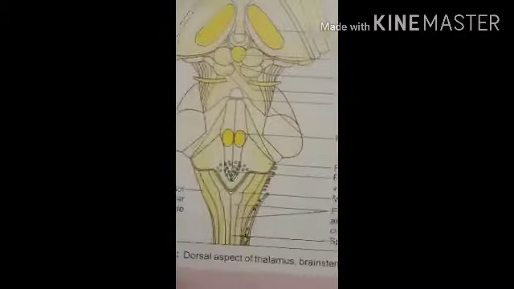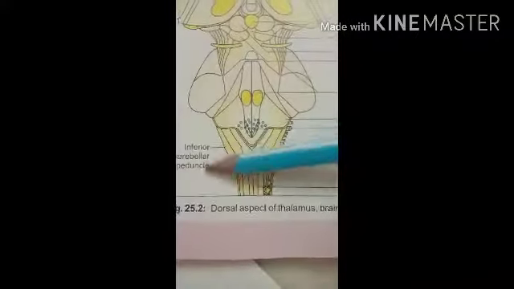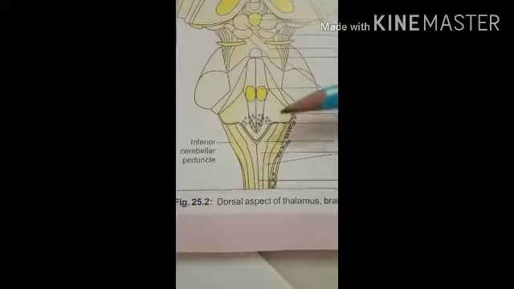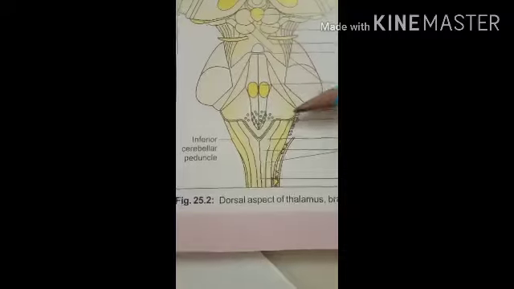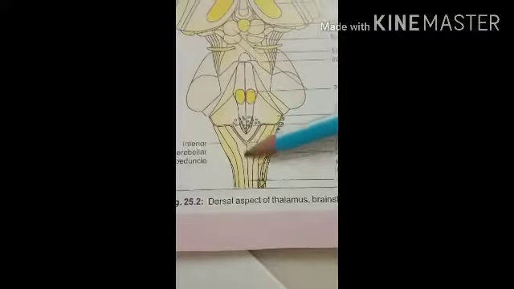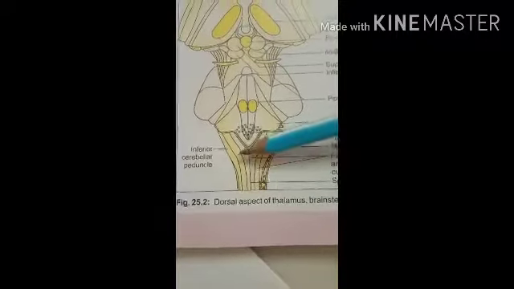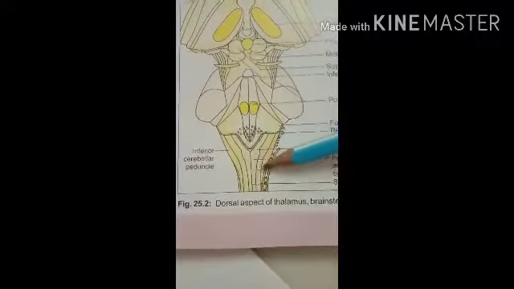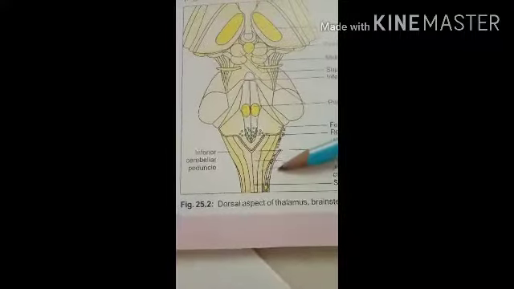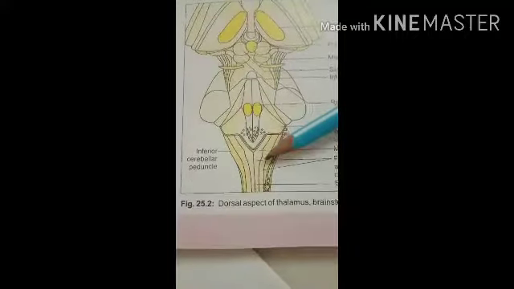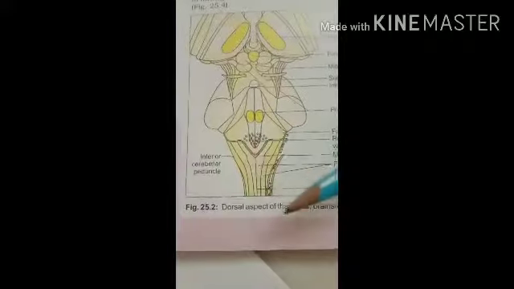Here in this diagram you can see the posterior part of the medulla oblongata, this one. The posterior part of the medulla oblongata, between the posterior median fissure and the posterolateral sulcus, that is the posterior median fissure and that is the posterolateral sulcus, this region and this region, contains a tract called the fasciculus gracilis, and next, laterally, the fasciculus cuneatus. From this region and this region, that is called the fasciculus cuneatus.